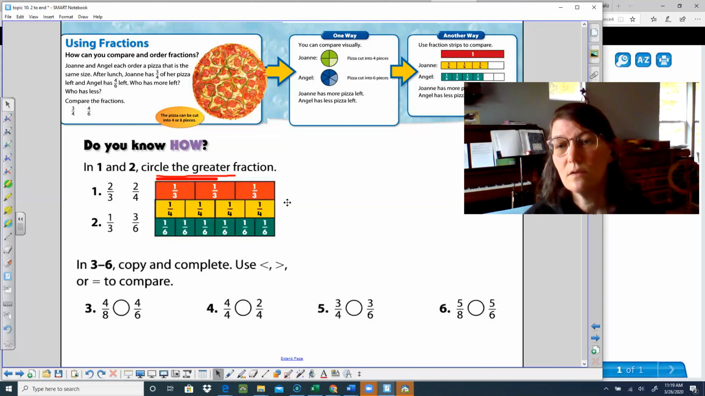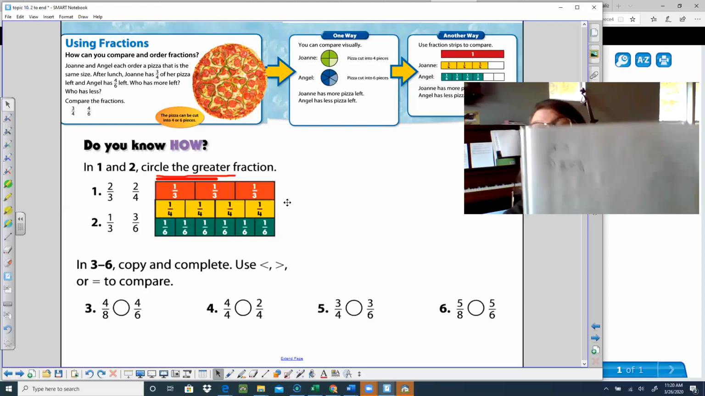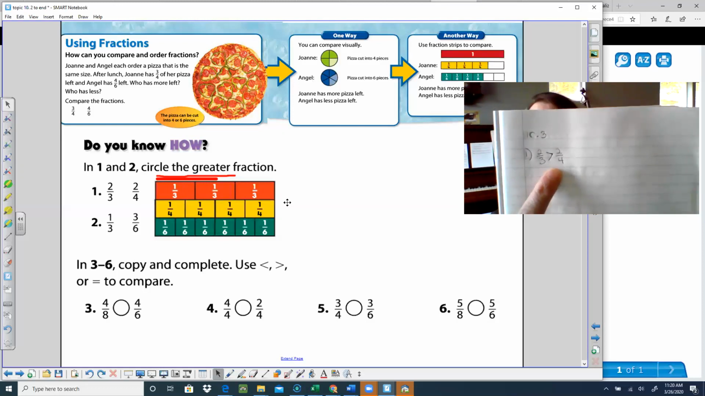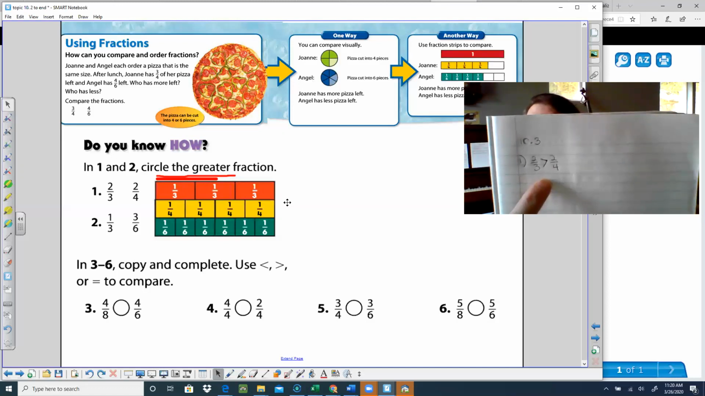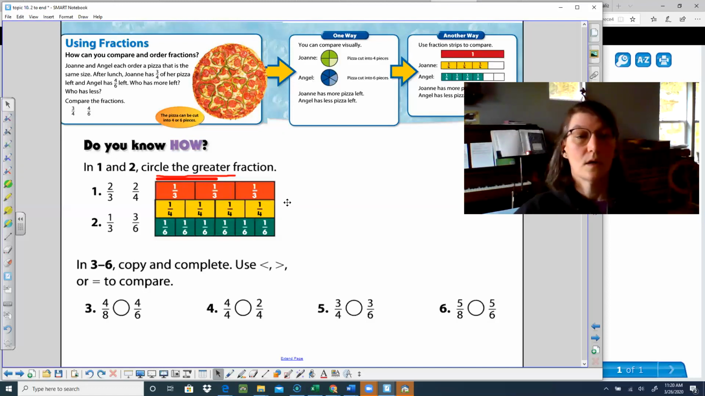What I would rather you do is do the alligator mouth. So I'm going to model that in my book and show you what I want that to look like. So today is 10.3. Number 1, I am comparing 2/3 and 2/4. And when we did the lines on it, we realized that 2/3 is greater than 2/4. So hopefully you also have that written down. Okay, so